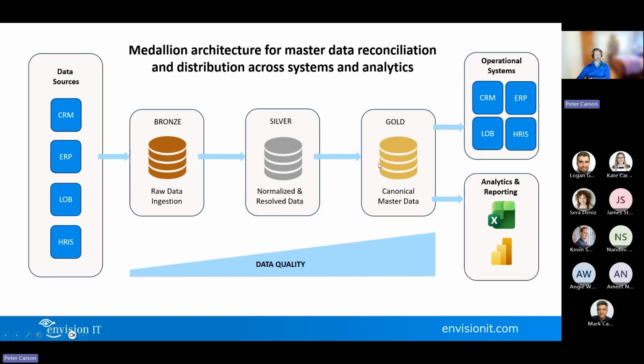And then the third layer, the gold, is the important one. At this point, we've gone from six versions of each company in bronze to 6 versions of each company in silver. We want a single company record at the gold. And that doesn't mean that the gold gets the HubSpot record or the QuickBooks record or the Splat record. It's going to be some combination of those. And you basically need to start to build rules to say, what data point do I want to consider authoritative from which system as I build that gold record?